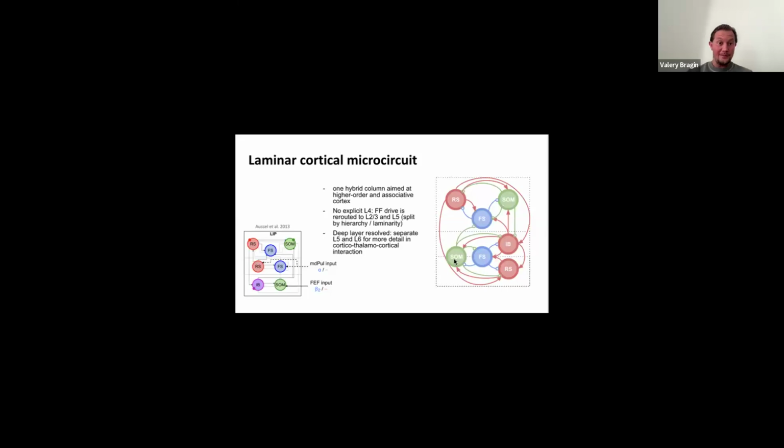And in our case, we have this microcircuit. It's still reduced, simplified, of course, but it has superficial and deep layers, and this layer 5 cell that helps coordinate between the feedback and feedforward streams. Most cells are single compartment, just a point neuron, a point in space. But the layer 5 neuron, as I said, is multi-compartment, which allows for this BAC firing.